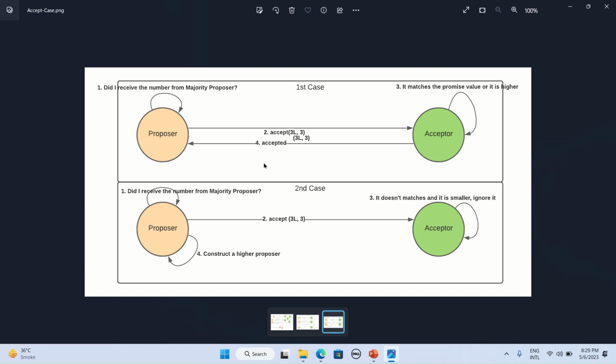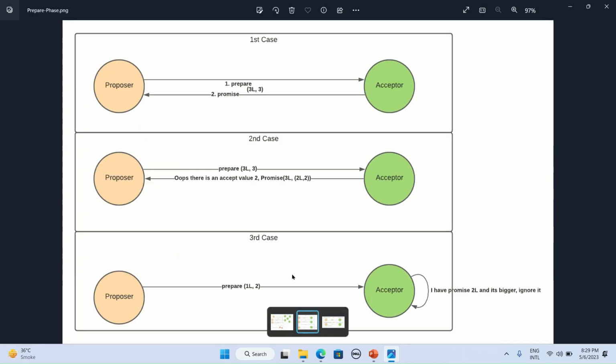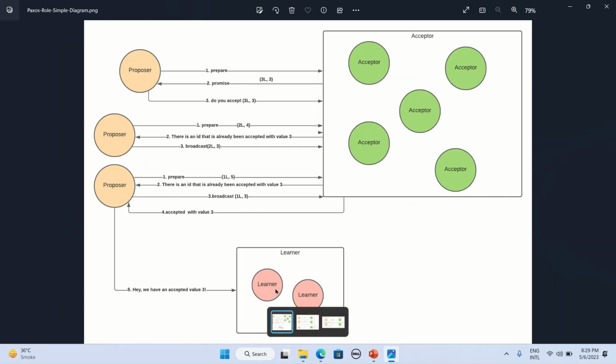The core Paxos algorithm then works as follows. The proposer selects a new proposal number n and sends the prepare request with the number n to a majority of acceptors. Acceptors that have not promised a higher number proposal promise proposal n by sending a promise response. If the proposer receives a majority of promises, it chooses a value v and sends an accept request for n to the acceptors. Acceptors that have promised proposal n and have not accepted a higher number proposal accept the value v and respond with an accept.